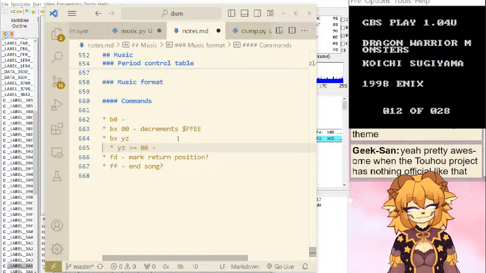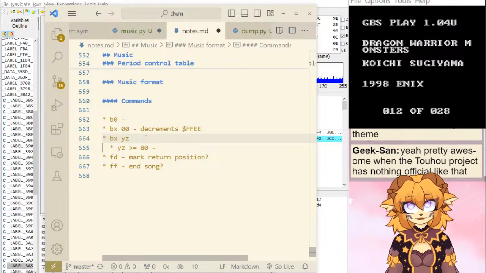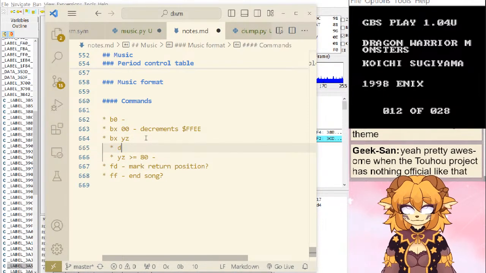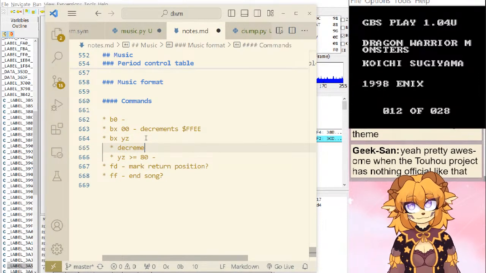Increments. So, wait, so first of all, increments FFEF.